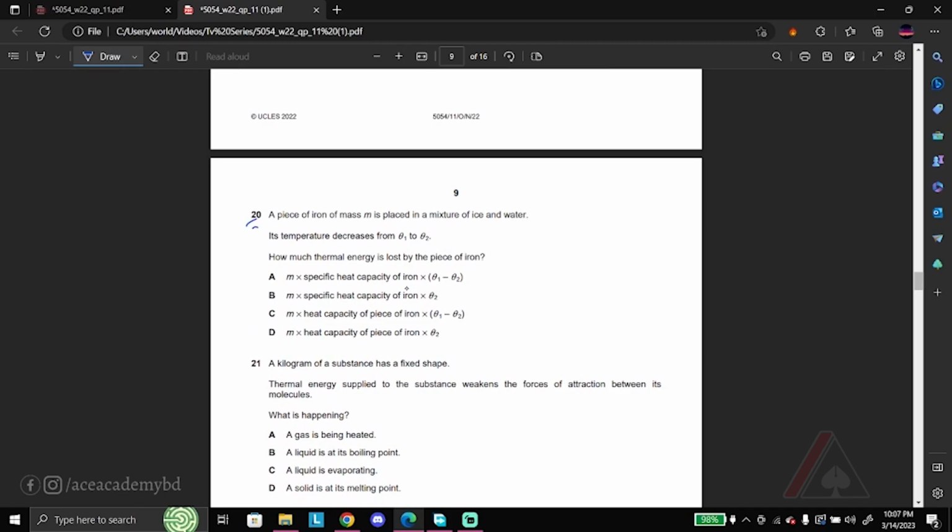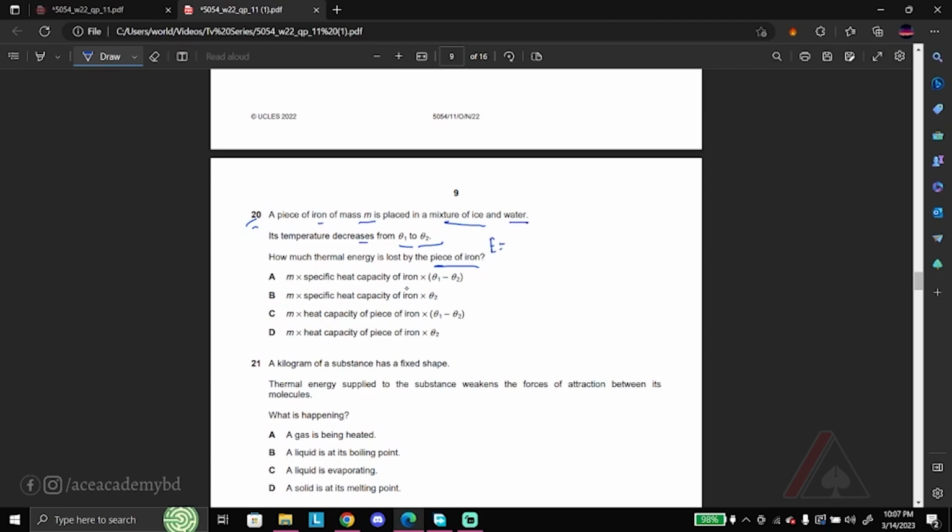So move to question number 20. A piece of iron of mass M is placed in a mixture of ice and water. Its temperature decreases from theta 1 to theta 2. How much thermal energy is lost by the piece of iron? If you recall the formula for the energy